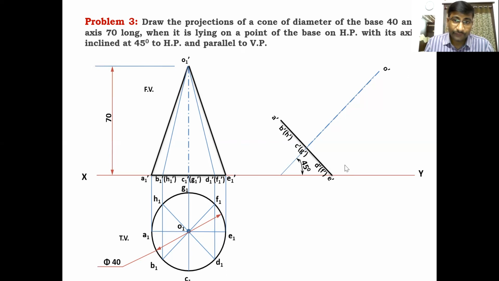You have to locate the first end points A dash and E dash, and locate the intermediate points at a distance by measuring these distances. How much is this distance? Measure at this point and locate at the same distance from A dash, that is B dash of H dash. The B dash of H dash, at what distance from A dash should it be located?